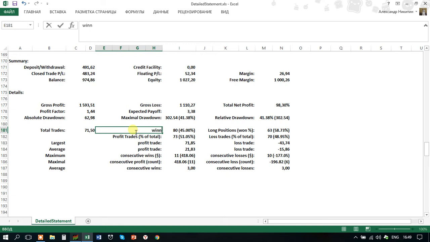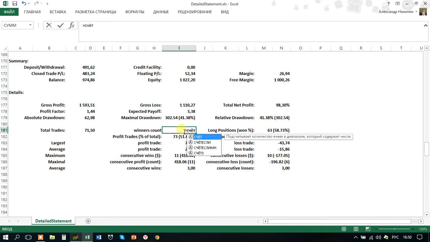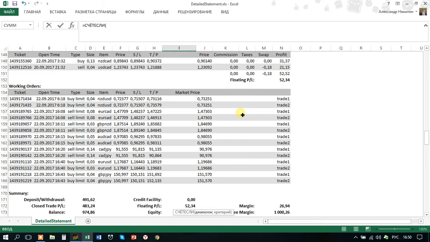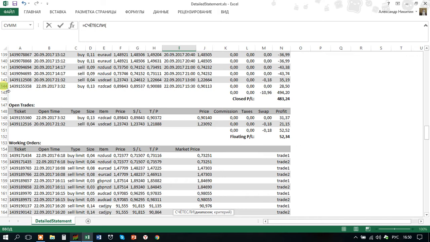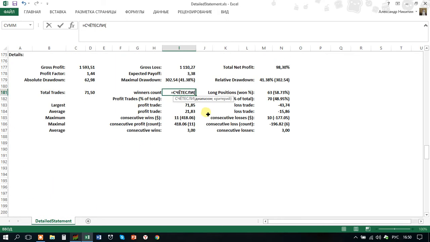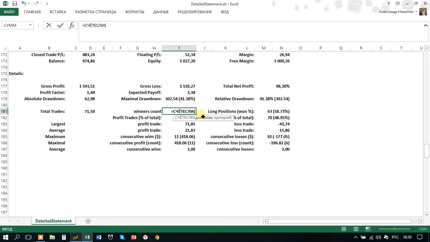Let's do that. Winners count like this. Okay, and the formula should look this way. Count F. This is the Russian formula, that's why I just count F. Do this. Okay, next I am to find the last, 144 is my last trade, and the range is as follows: